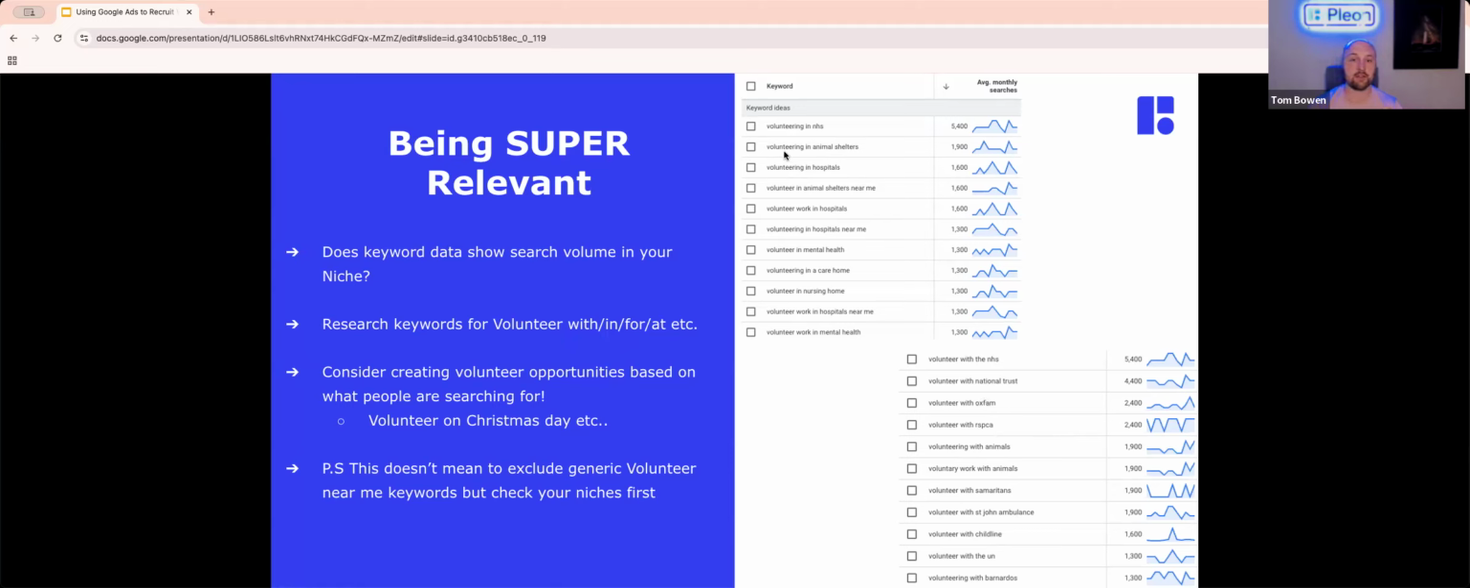You can see already that there's volunteer in animal shelters, volunteer in mental health, volunteer in care homes. We've got the Samaritans, St. John's Ambulance, the RSPCA. Animals is probably quite a good example that I'll probably fall back on as we talk through here. But that's how you can be super relevant, is that rather than just getting people to see an